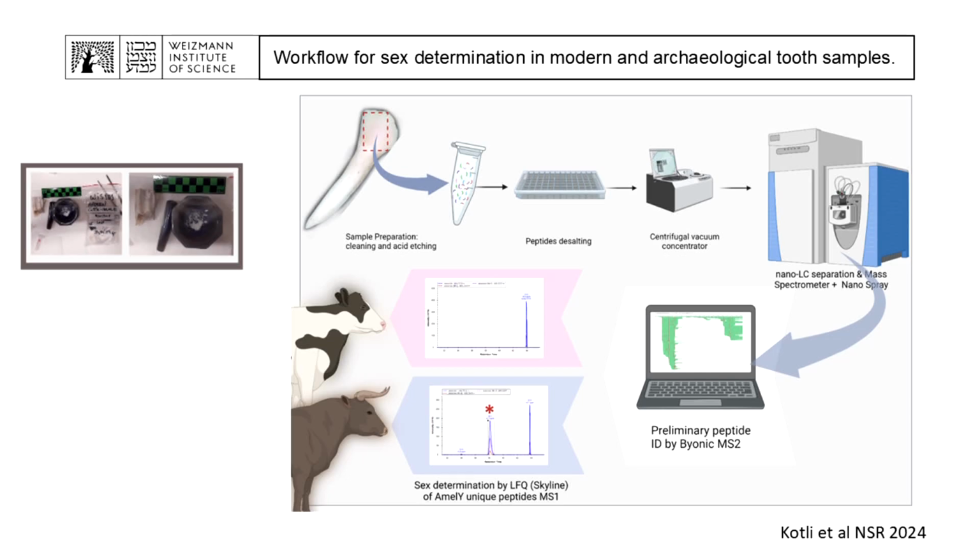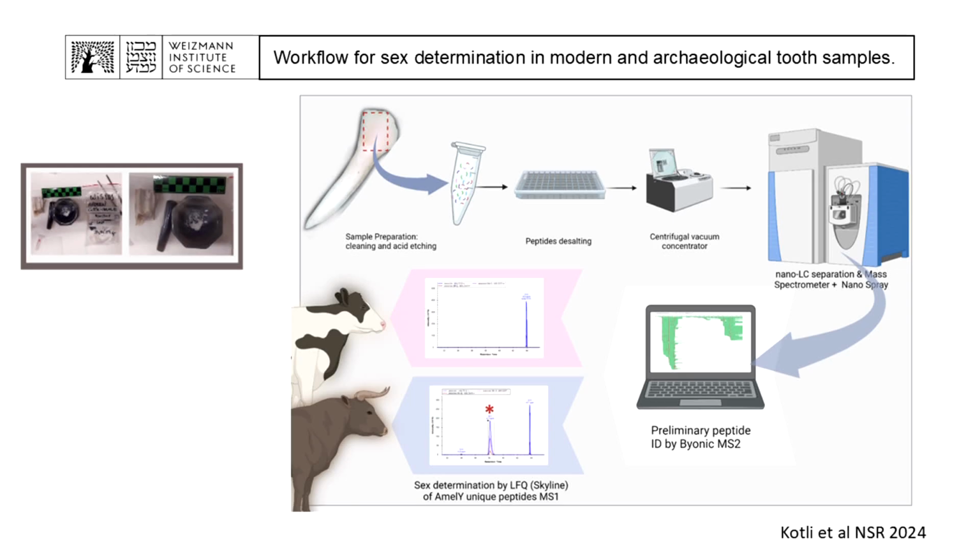How did I do this? First, in our laboratory at the Weizmann building, plant science, but we are from archaeology, we extracted and cleaned the samples. I cut a clean piece of enamel, cleaned it from the dentin and any calculus, and put it in HCl. We have a demineralization, and we send the sample to our collaborators in the proteomics unit. They do peptide desalting, centrifugation, then it is run on nano liquid chromatography MS, and after that I receive thousands of peptides that are present from the amelogenin.